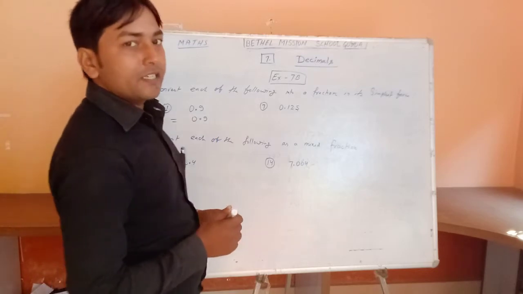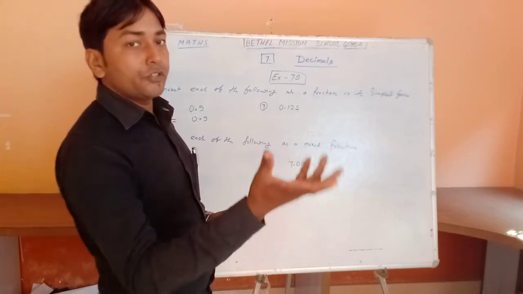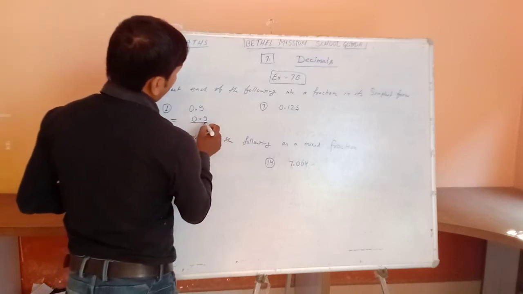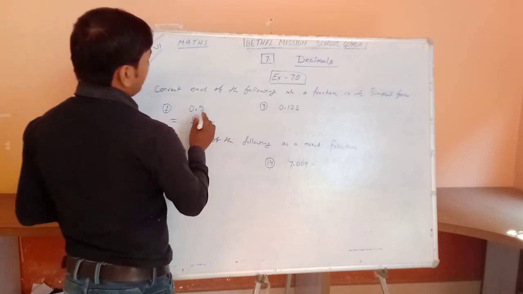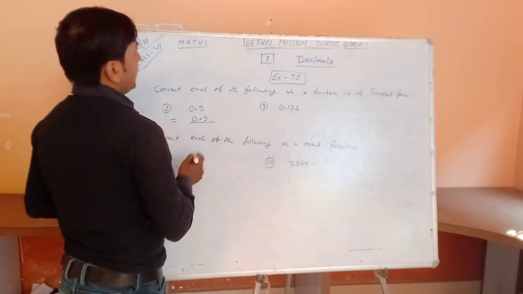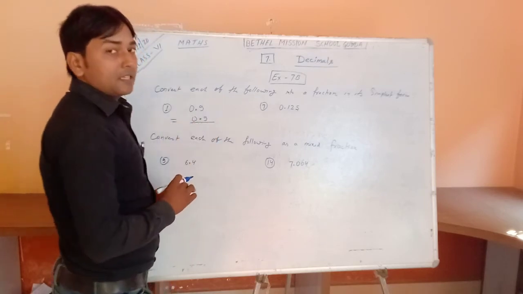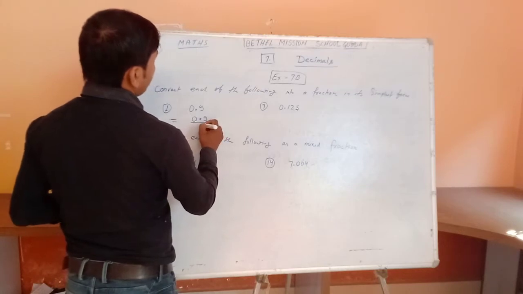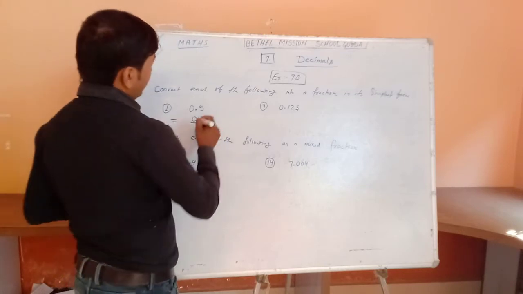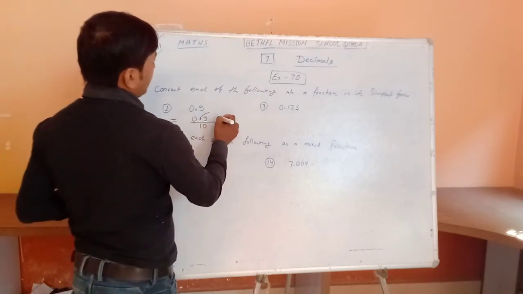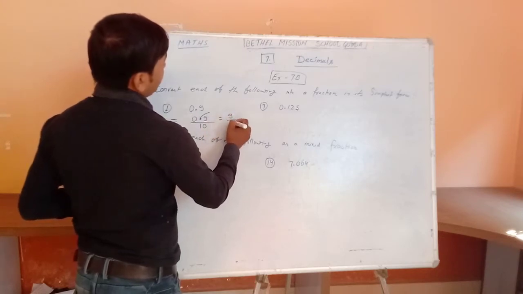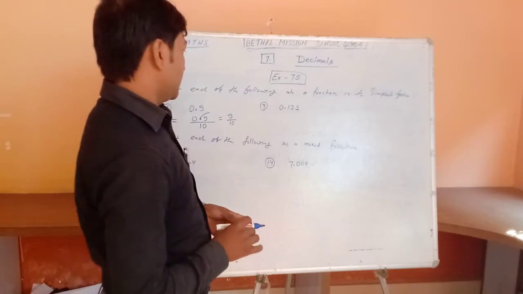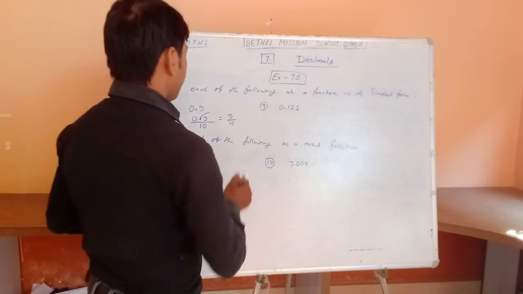So first, how do you change it into a fraction? First, draw a line and then remove the decimal. The decimal places given is 1, so we put 1 and 0, and 1. It means 10. Then you can remove the decimal. It means 9 upon 10. 9 upon 10, this is the answer.